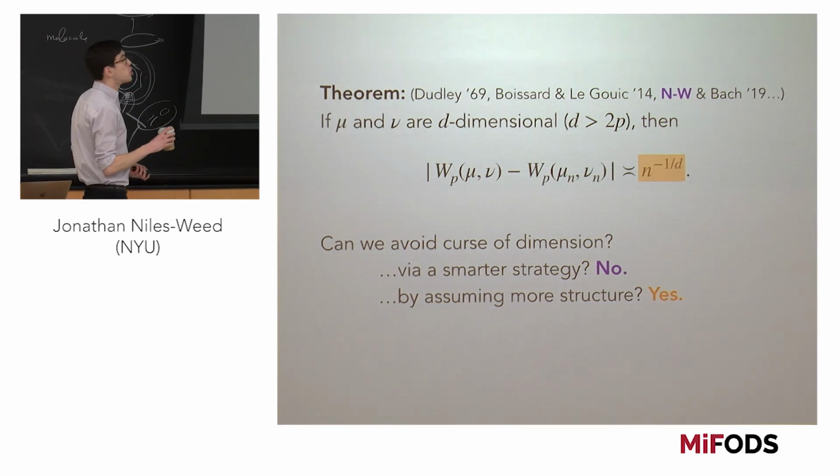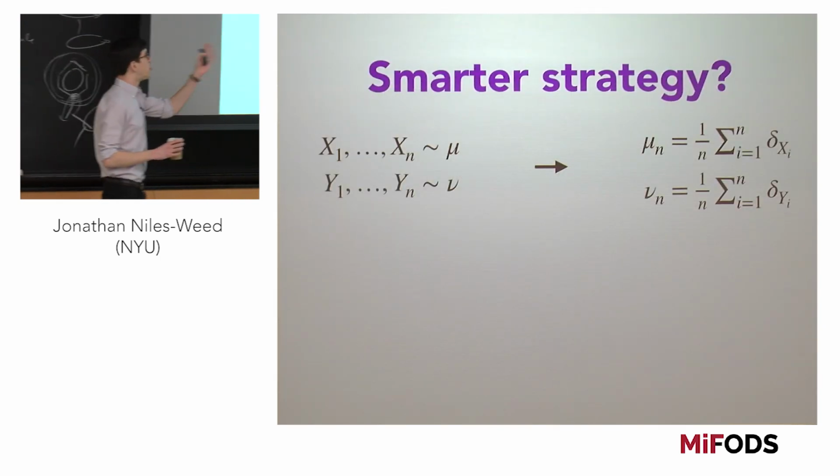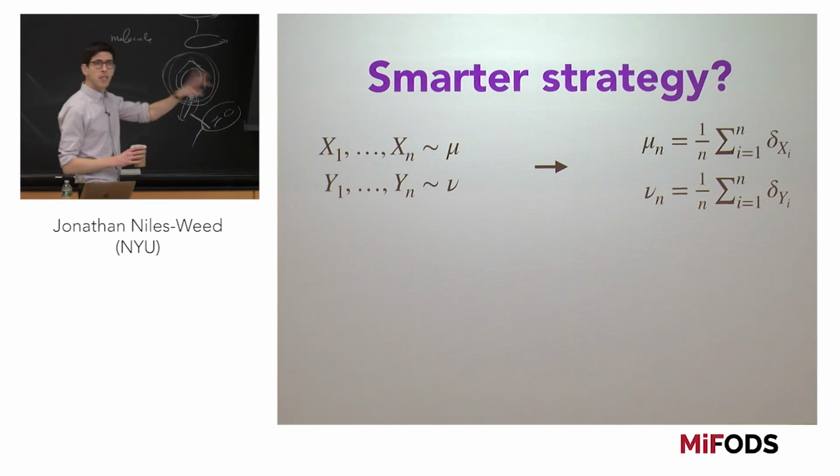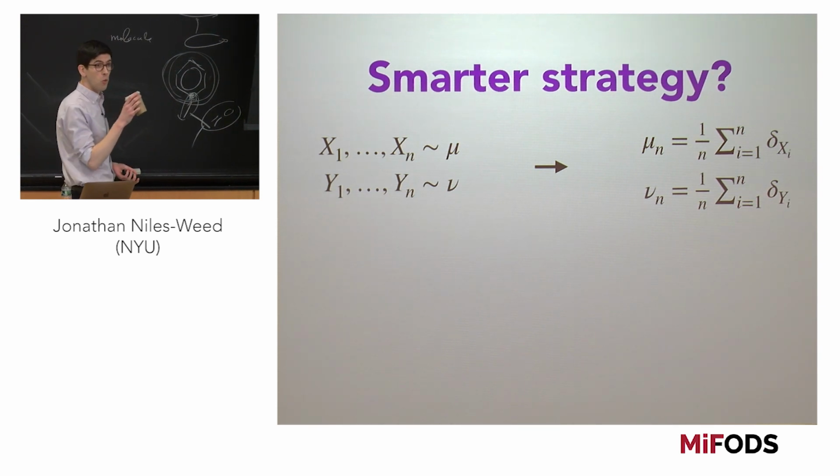So what are smarter strategies we could possibly adopt? Let's try and understand the set of possibilities here. So this was the procedure that I advocated at the beginning. Let's just take my samples, drop them into the definition of the Wasserstein distance, and see what happens. Why is this not going to work so well? Well,